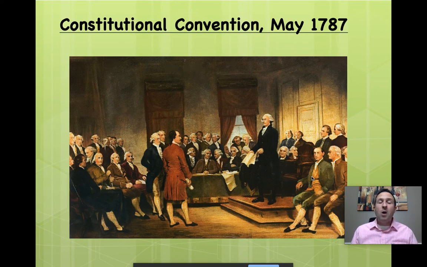Now, early on, one individual who will speak at the convention offers his plan for the new government. And of course, his name is Alexander Hamilton. Now, we talked about Federalists already, right? People like James Madison, people like George Washington. But the most Federalist of all Federalists is Alexander Hamilton. He is Mr. Federalist.